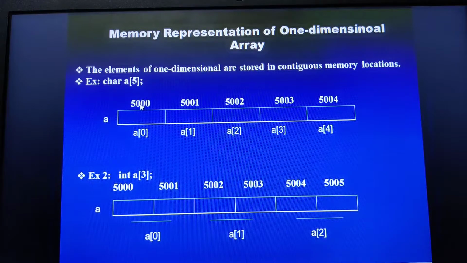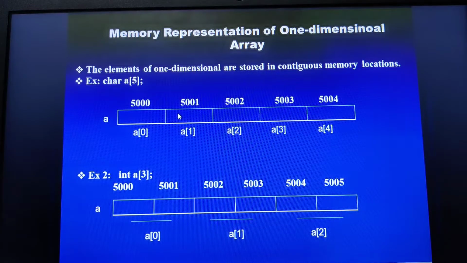For example, this one is being stored at 5000, this is stored at 5001, 5002, and so on. So A of 0 may consist of the element 10, A of 1 is 20, A of 2 is 30, A of 3 is 40 and A of 4 is 50. Each element, 10, 20, 30, 40, 50, which I just now referred to, has a capacity of 1 byte. So the total memory allocation done for this particular array is 5 bytes.